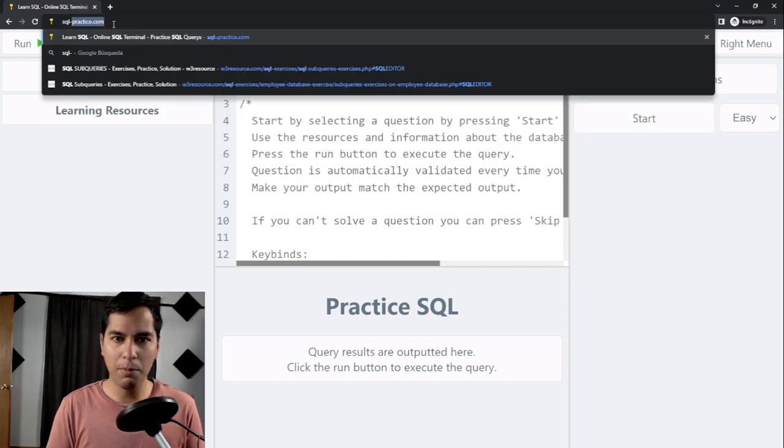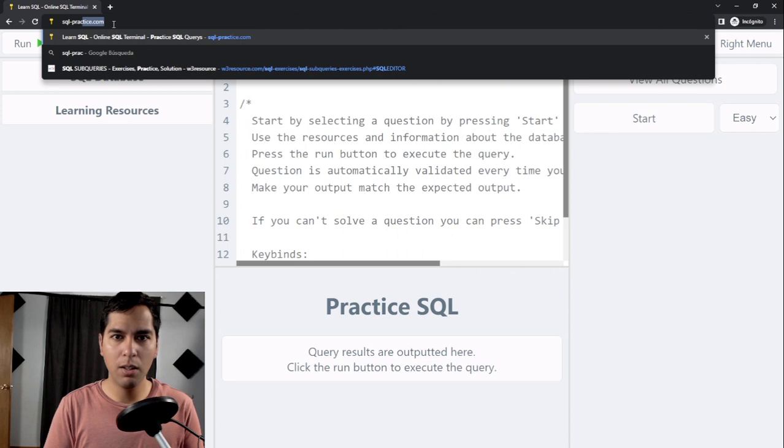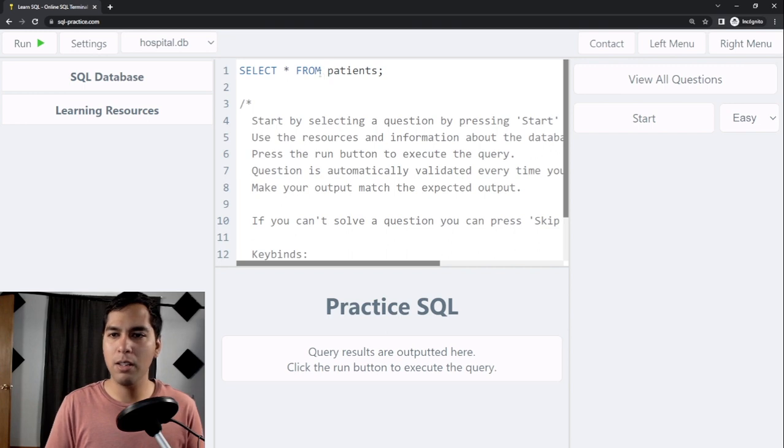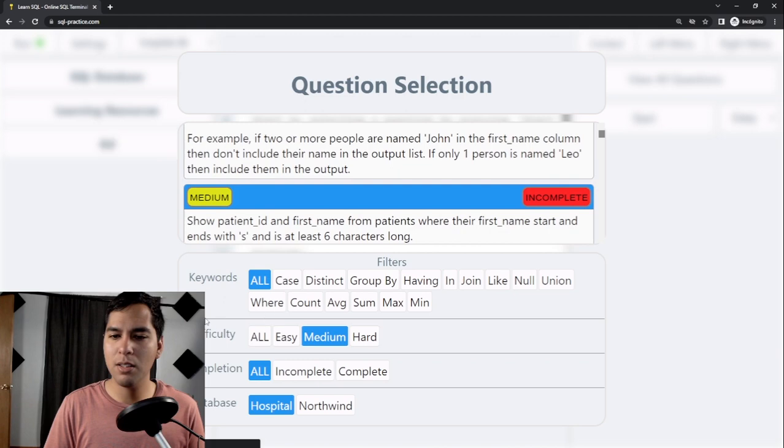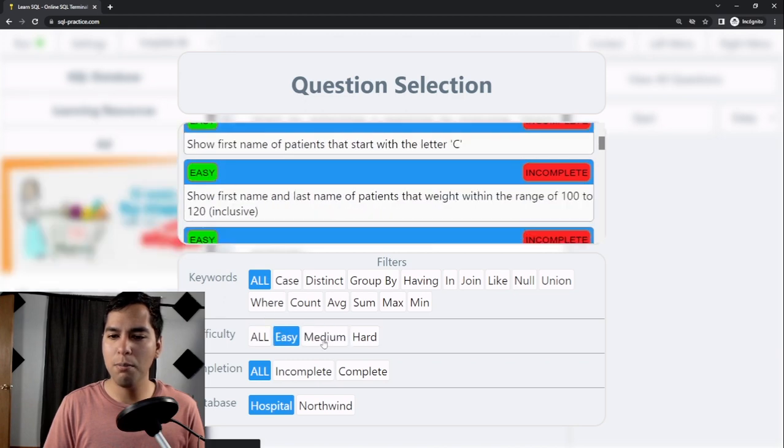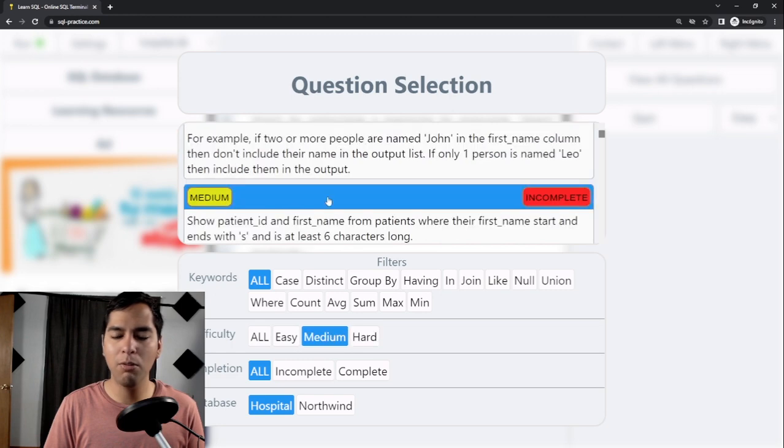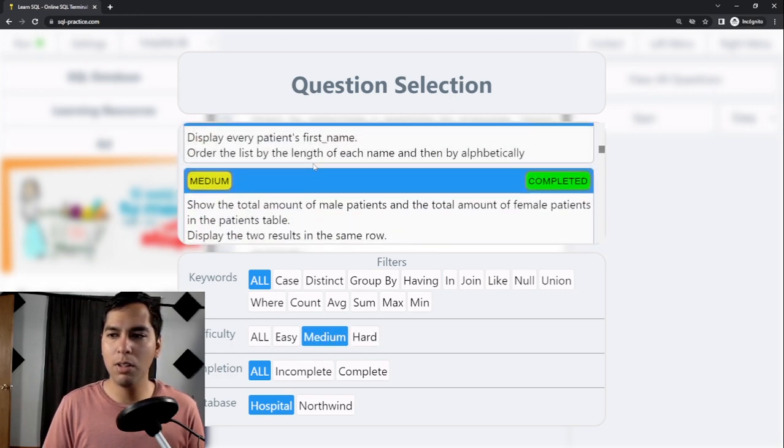Okay, to solve this problem we need to head to the SQLpractice.com website. So you can see I'm typing it, SQLpractice.com. This link is going to be in the description down below. After that, we need to click on the hospital database. Then we need to click on view all questions and select difficulty medium. So you can see here are 3 levels of difficulty. We need to select the intermediate one, and we are going to select the 9th